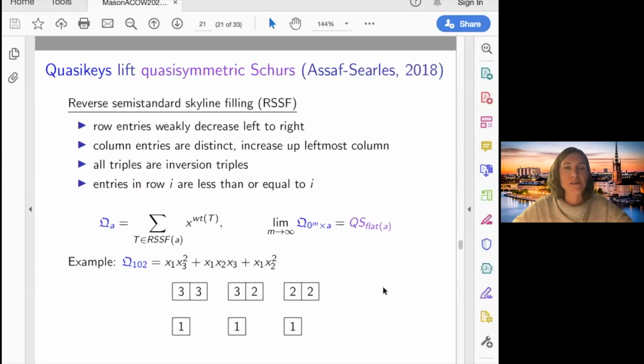functions. And so again, the quasi-key polynomials can be described by tableau. And these tableau models are really nice because they allow us to understand what's happening with flipping and reversing, sort of diagrammatically. And so basically the row entries weakly decrease, column entries are all distinct. All triples are inversion triples. And then there's also this additional flag condition that says that the entries in row i must be less than or equal to i. And so then we take the generating function of those, and these also limit to the quasi-symmetric Schurs when you pad the front with